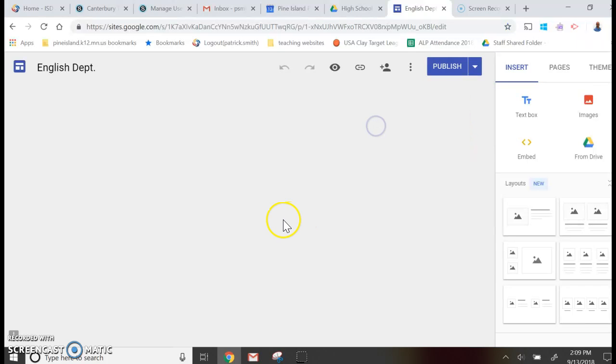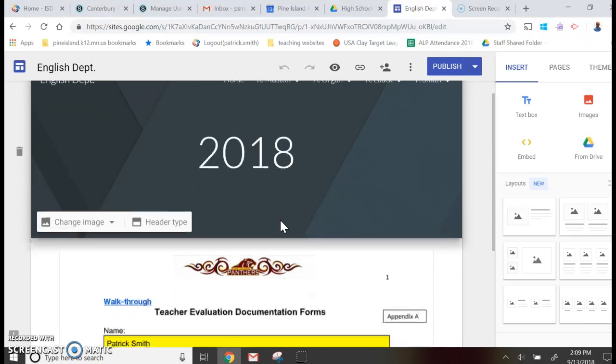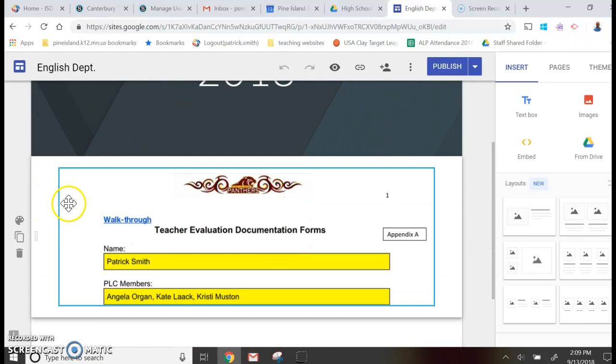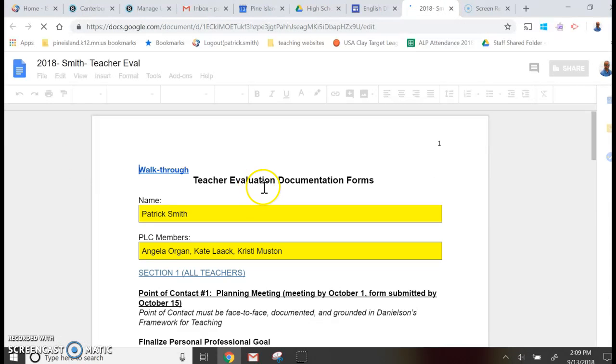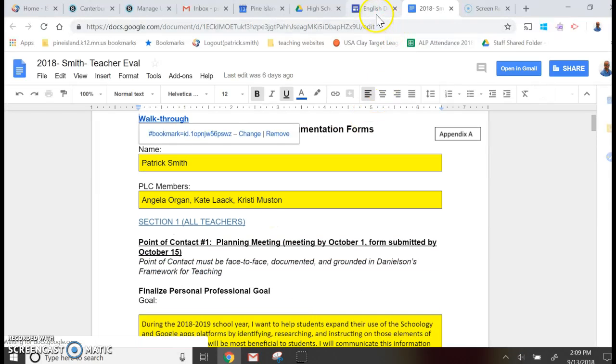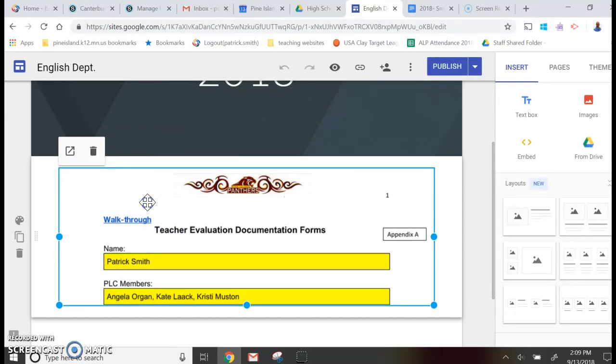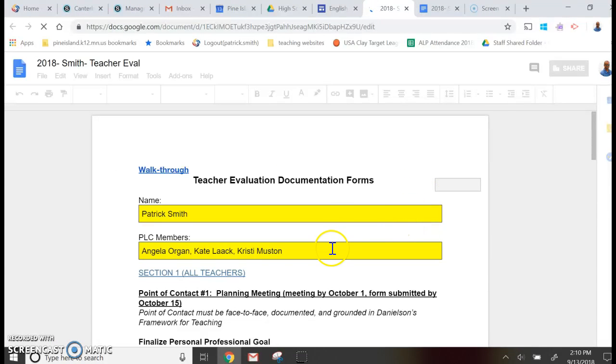So once you click on the 2018 Smith doc and you're down here, what you do is you click on the box and you're going to see this button, and that's going to allow you to type on it. So remember how last year on the old sites you had to scroll down to the bottom and there was a little pencil? Again, this year you just simply click on it, click on this guy right here, and it's going to open that thing up in a new tab, and then you can go through and type on the